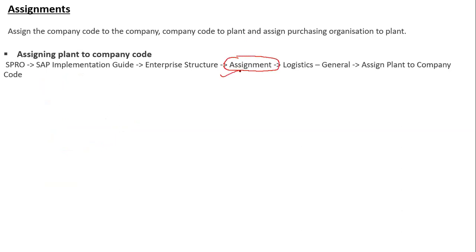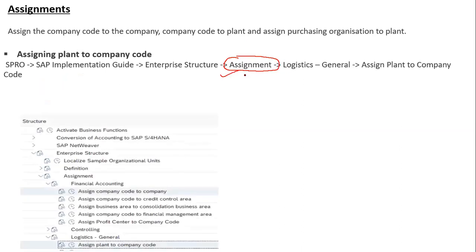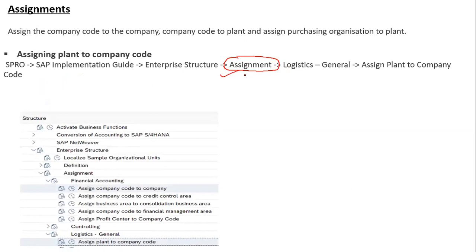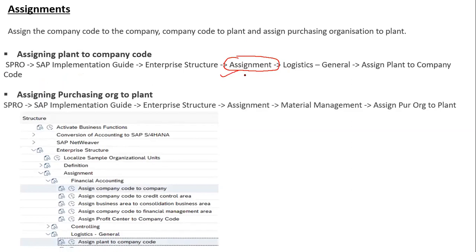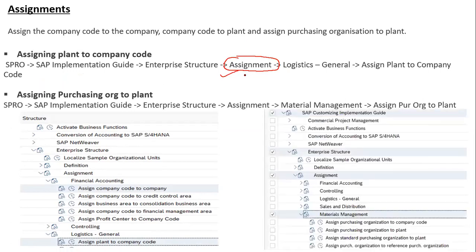Here we will assign all the enterprise structure, like company code to company and purchasing organization to plant. Here we can assign this purchasing organization to company code also, and purchasing organization to plant also, and we can also assign standard purchasing organizations to plant.